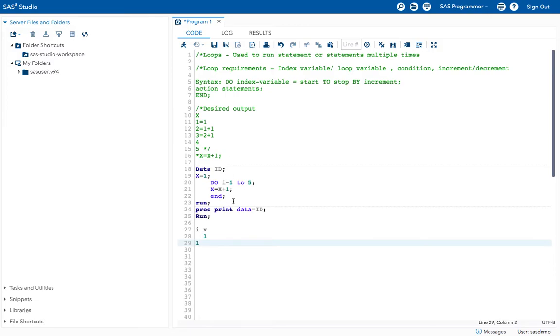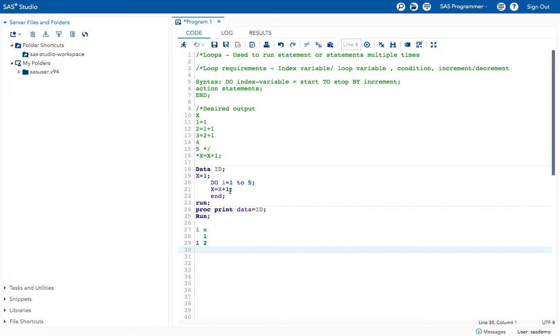Okay, i is nothing but the iterations, or the increment. And here, in the next value, what I have is x equal to x plus 1. What is the one value I have already? 1, right? So write it here as 1. So that means my x value here is 2. Okay, and now what is the i value here?